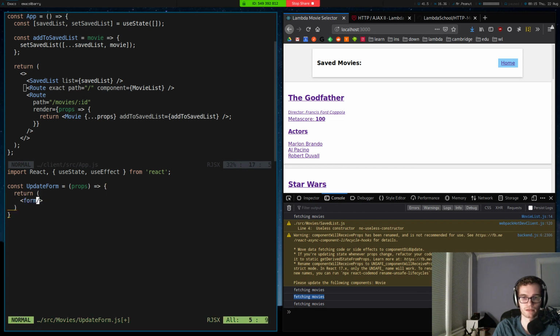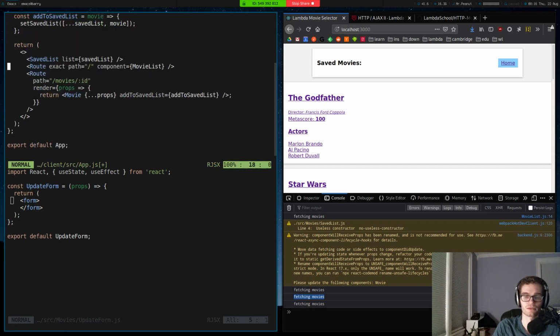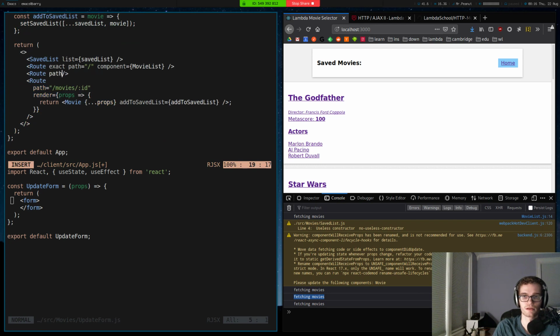My editor didn't like that. There we go. We're going to export this. Okay. I will import this into my app. Import update form from /movies update form. And I'm going to render this under a route where the path is going to be /